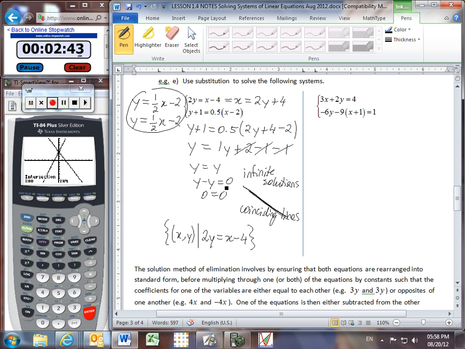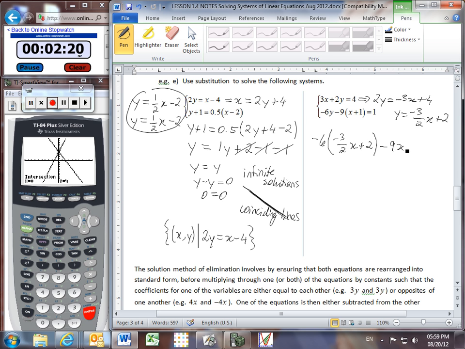Of course, I didn't use substitution there, so here I have used substitution and followed the required method. And let's do some substitution again. Let's see, it looks like it might be easiest to isolate the y in this situation. So 2y is negative 3x plus 4, and y then must be negative 3 halves x plus 2. Substitute that into the second equation,